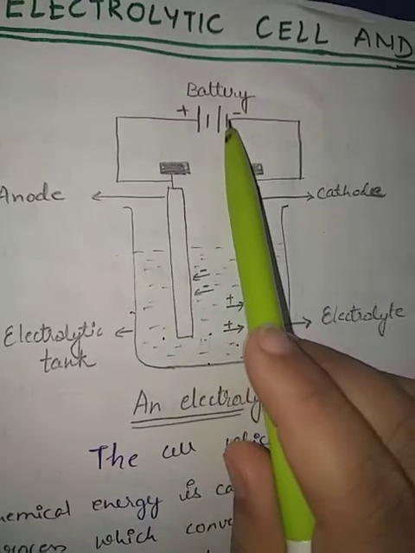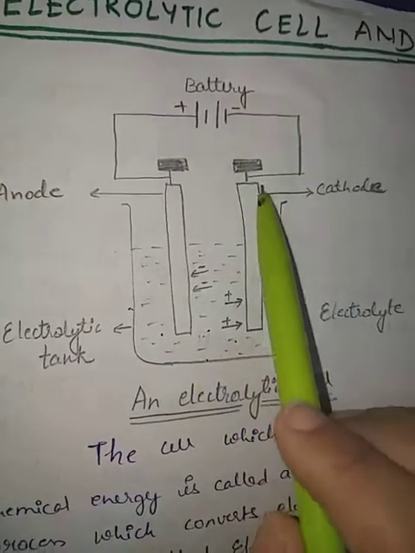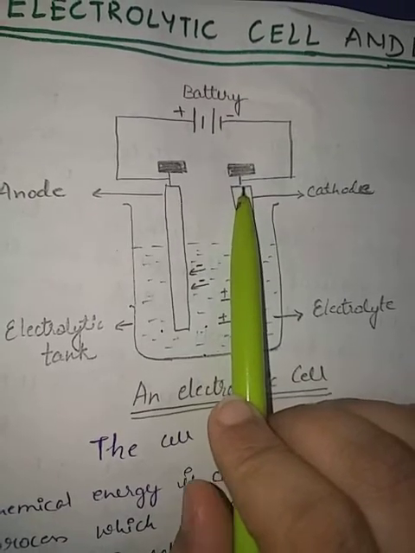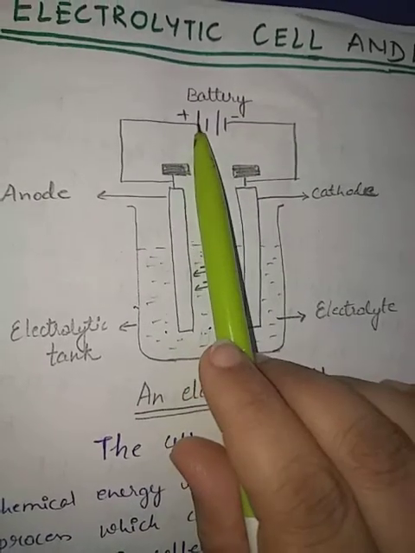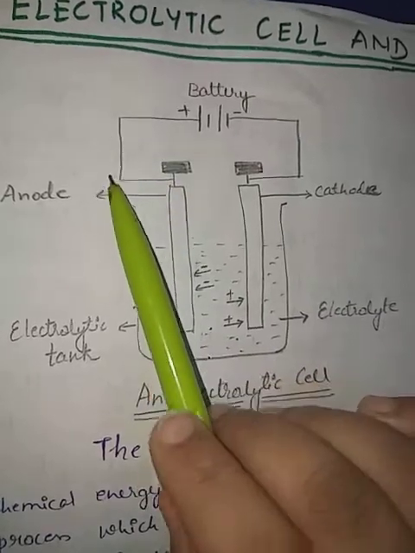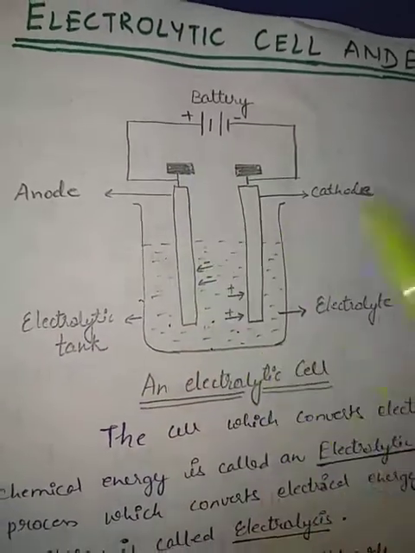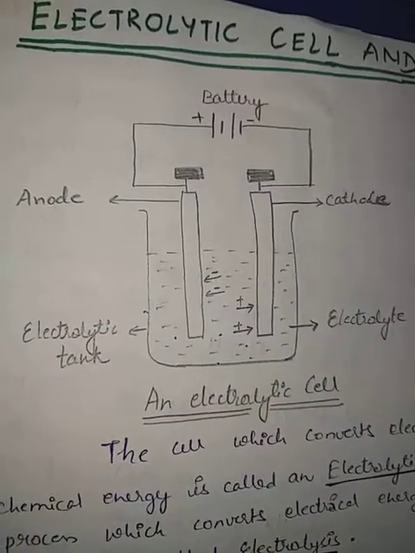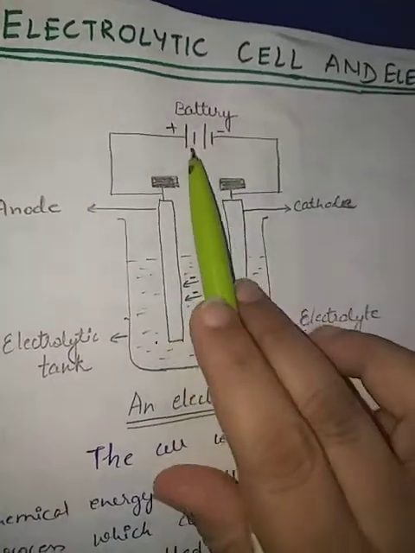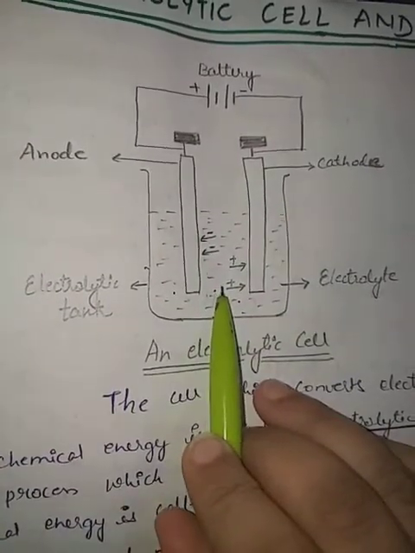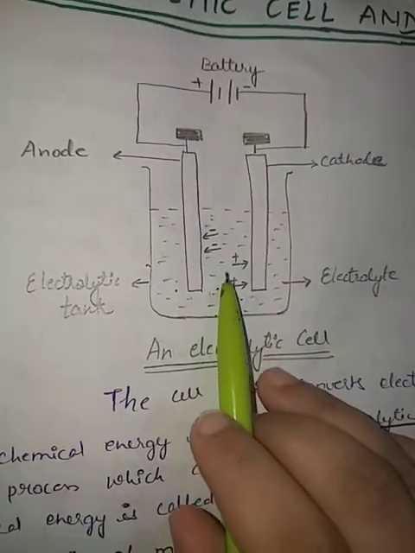This is a battery. The negative terminal is attached to an electrode, and that electrode will be the cathode. The electrode to which the positive terminal of the battery is attached is called the anode. Here, when the key is on and the electricity starts flowing, the ions start moving towards the opposite